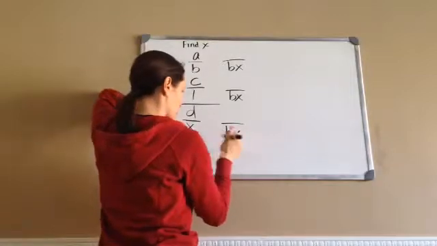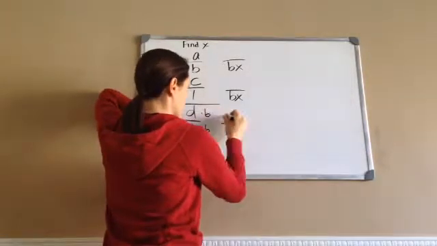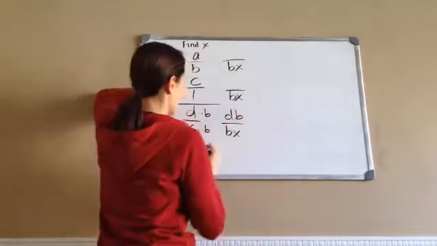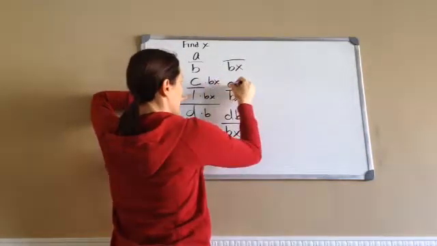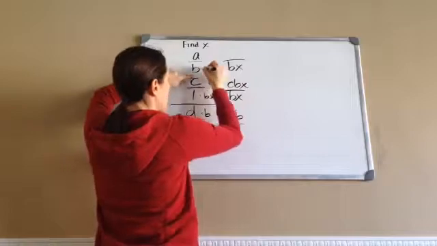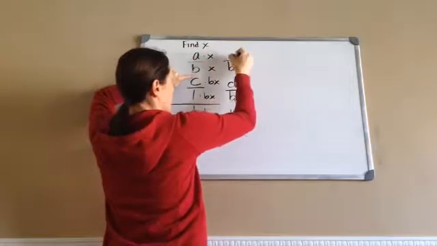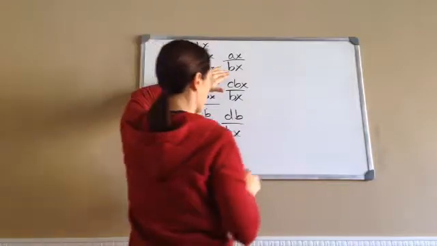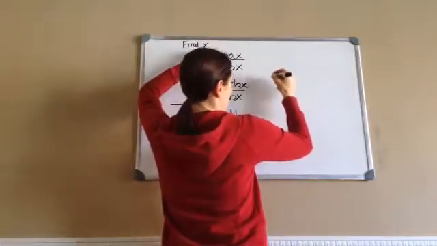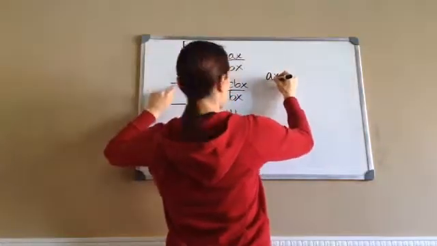So x times what equals bx? times b, db. Okay? 1 times that. And what we're going to do up here, cbx. And then b times x times x. So ax. Okay? Once we get to this point, remember, we just drop the denominator and we write our numerator. ax minus